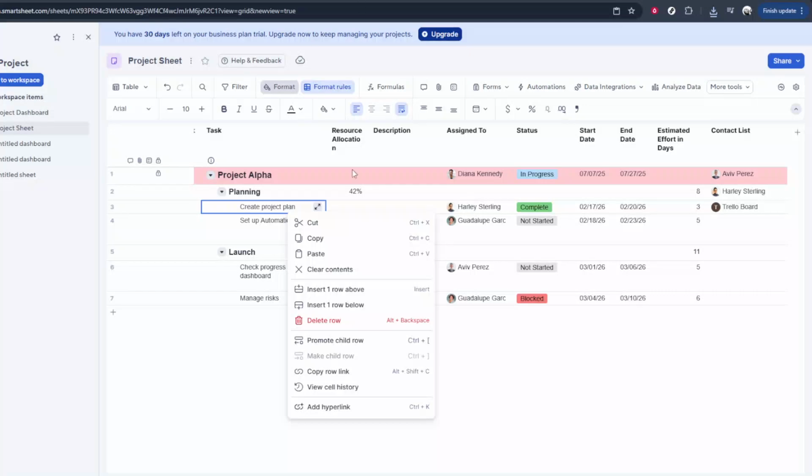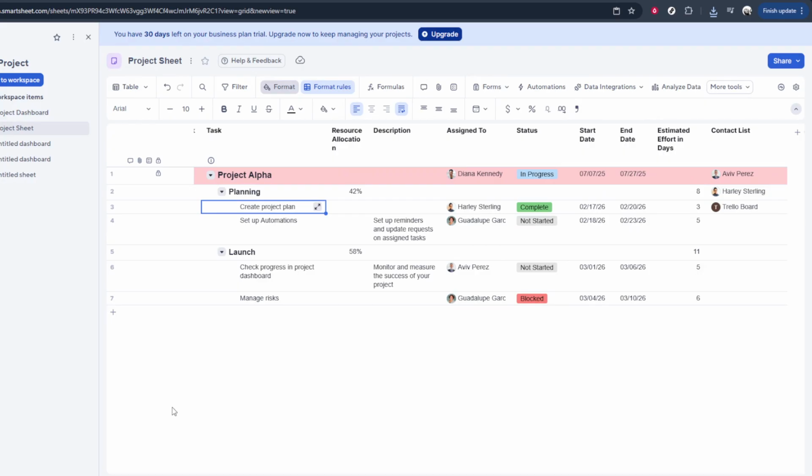In today's video, I'm going to teach you how to view cell history in Smartsheet. Being able to see who changed what and when is really helpful when you're collaborating with a team or tracking updates over time. Maybe a value suddenly looks different, or you want to confirm when a status was updated. The cell history feature in Smartsheet is designed exactly for that, and it's very simple to use once you know